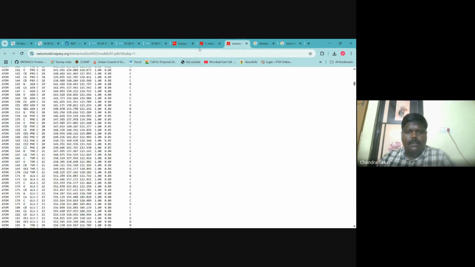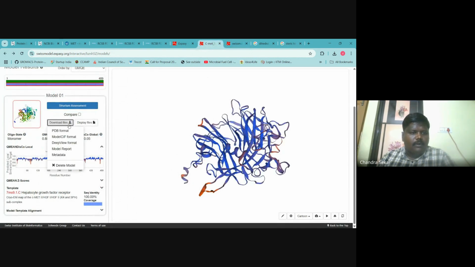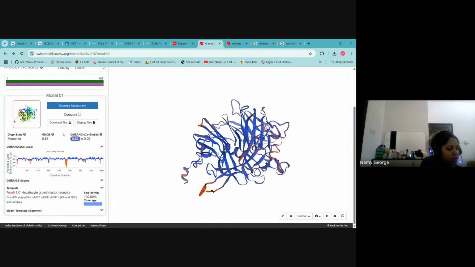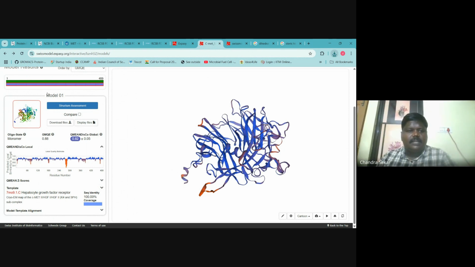This is the PDB file, the model, what we require. Either they will display here or you can download the PDB file. What I will suggest is download everything. Don't leave anything, like the PDF format, metadata, model report. If you download the model report, can you see? You will get the entire model details.